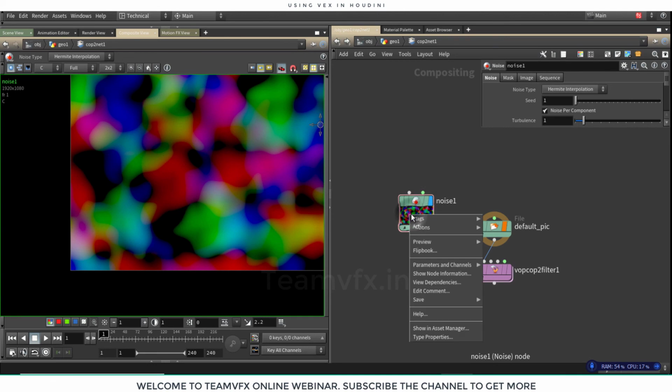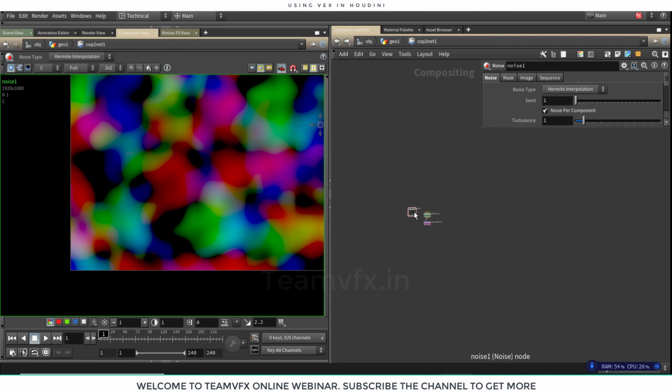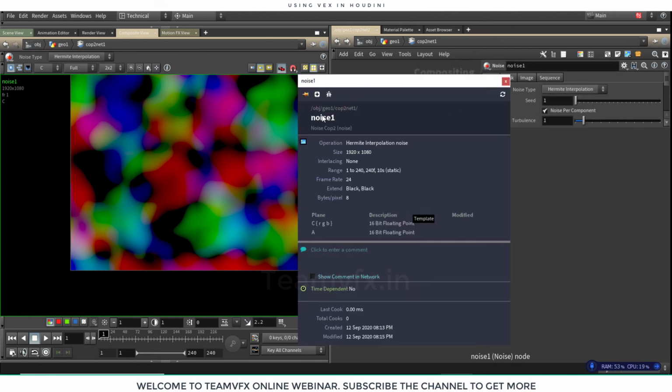The same concept we will find in Houdini if we want to know the details of our node. Same like properties, you can find the node information by clicking show node information, or the better way is to middle mouse click. By clicking middle mouse you will get all the information. And one other good way is clicking on the flag. Like if you click on I, it will show all the details about your node.